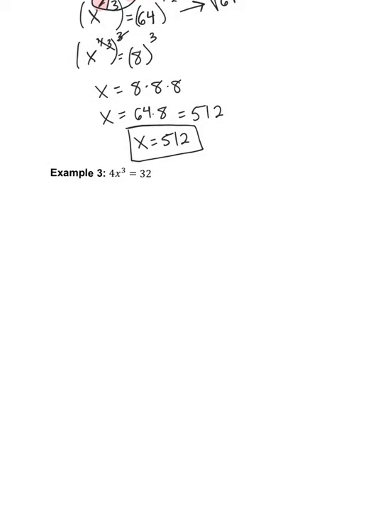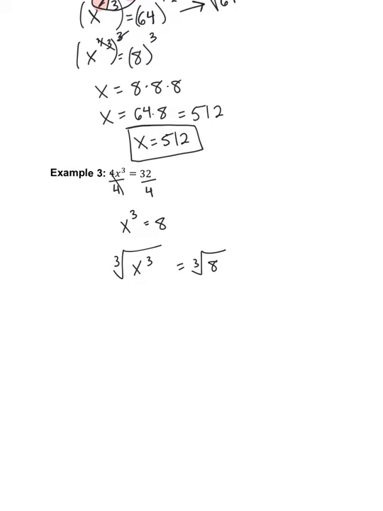Okay, on the next section, I've got 4x cubed equals 32. I want to get rid of everything that's around that x to the 3rd power first. So I'm going to divide both sides by 4 as my first step. 32 divided by 4 is 8. So I have x to the 3rd power equals 8. To get rid of that exponent of a 3, if I want to undo that, I can think of it 2 ways. I can either take the cube root of both sides,